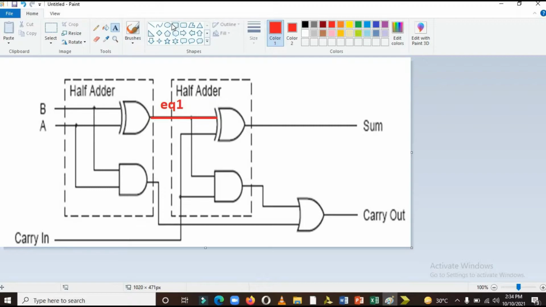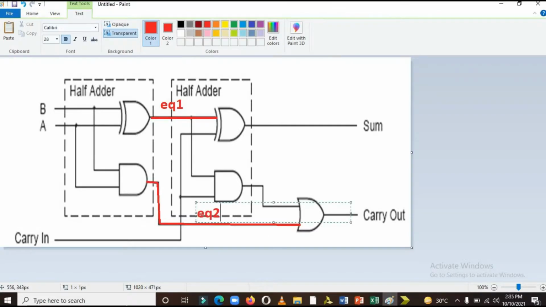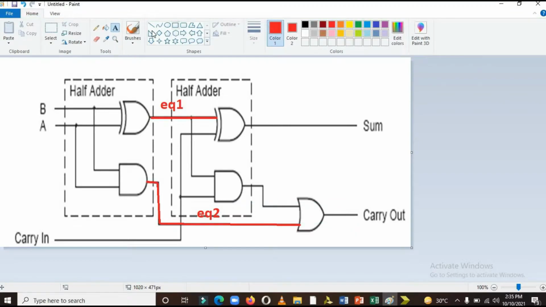Alright, and we need another wire in order to connect the carry output of the first half adder to the OR gate here. And this wire I named it as EQ2, and the last wire we need in order to connect this carry out of the second half adder to the OR gate. So three wires we need here.